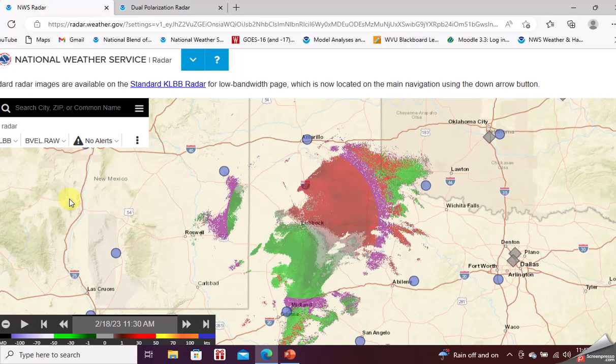Now, a particle moving perpendicular to the radar shows up as zero base velocity. So right along this little curve here is no wind. The radar doesn't think these particles are moving. So that means that the wind is actually blowing from southwest to northeast right through here, and more from the